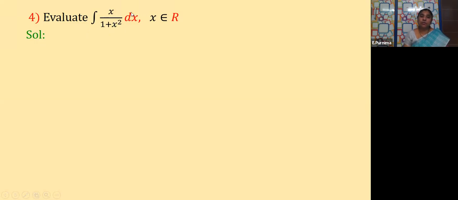Next, what else method we know? Multiplying and dividing with its conjugate. So here 1 plus x square is there. But this term we cannot multiply and divide with its conjugate, because conjugate should be done only where you have terms like that. In the previous example also we have seen 1 plus cos x, cos hx plus sin hx. For 1 plus x square like that, there is no multiplying and dividing by the conjugate terms. We cannot do that for such kind of sums.